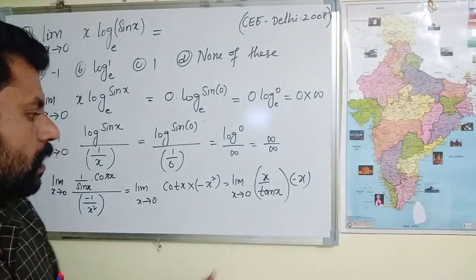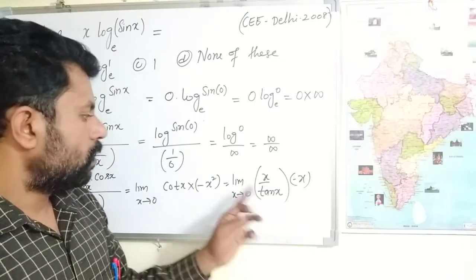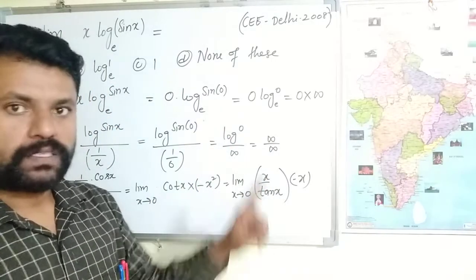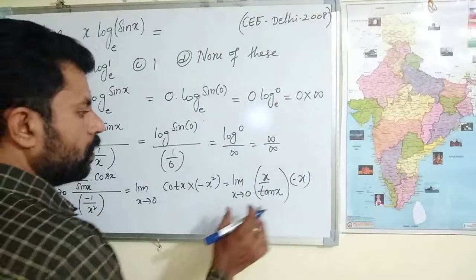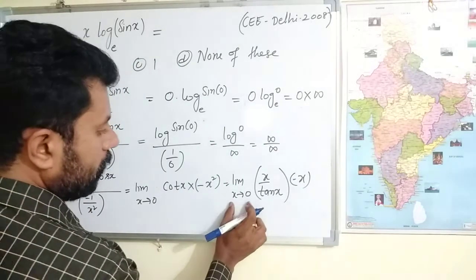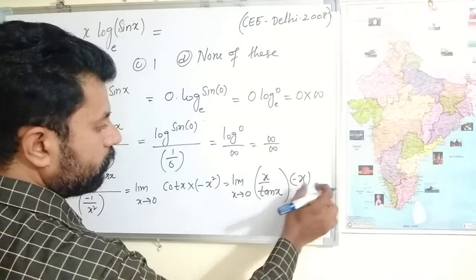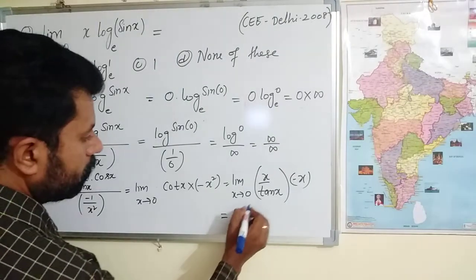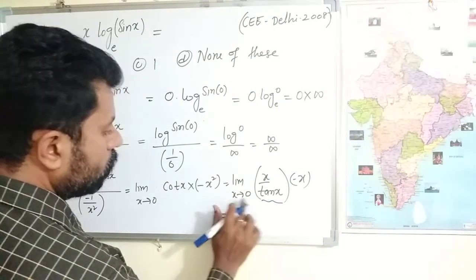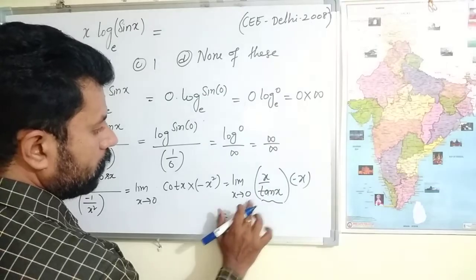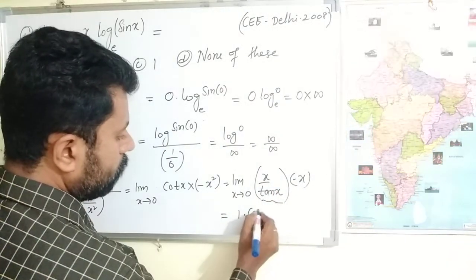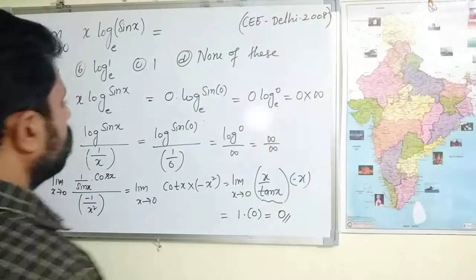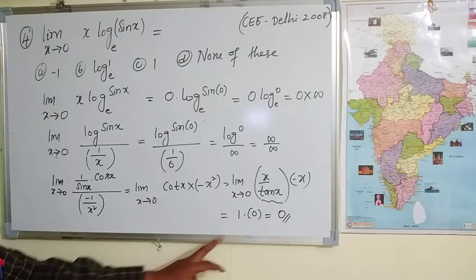Now observe this result. This result is in standard form, limit x tends to 0, x by tan x or tan x by x, the result can be written as 1. We know the form. Now substitute 0 in the place of x in the second form, we get 0 into 1. Here we get 1 into, substituting 0 in the place of x, we get 0, which is equal to 1 into 0, which is 0. So 0 is the required solution.